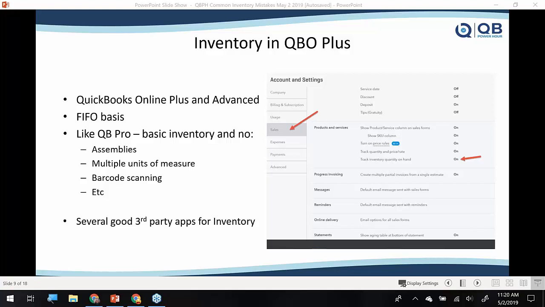Like QB Pro, it's basic inventory, no assemblies, no multiple units of measure, barcode scanning, things of that nature. So on par, it's similar to QuickBooks Pro. So kind of think of it that way. But if you have a client in QBO and they want to stay in QBO, but they need a little bit more robust